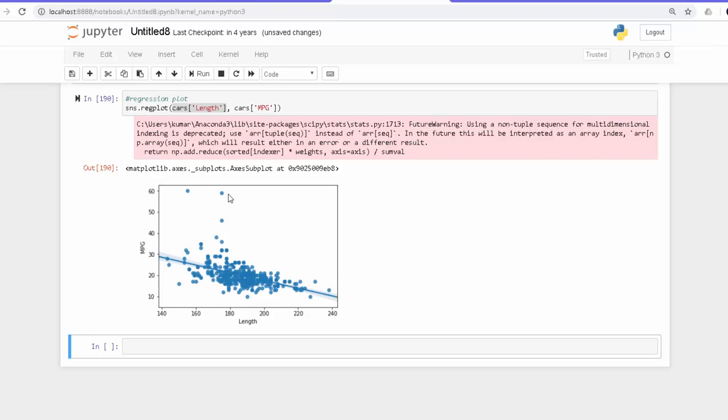But imagine a case where the regression line doesn't pass through the middle of these data points, and the data points are distributed very non-uniformly around this regression line. In such a case, the relationship is not very strong. So that's one thing we conclude. And this is some sort of bivariate analysis which helps us get down to the most important variables for